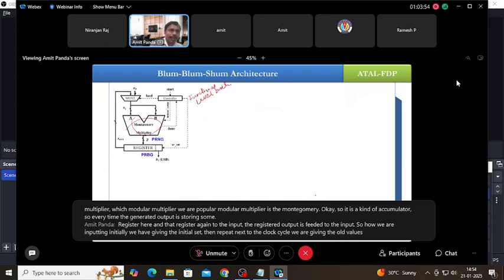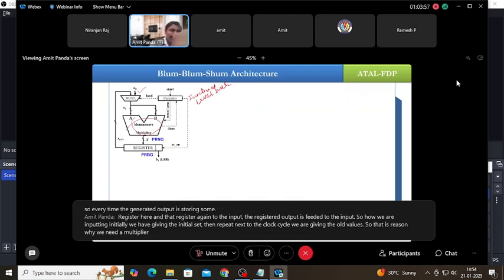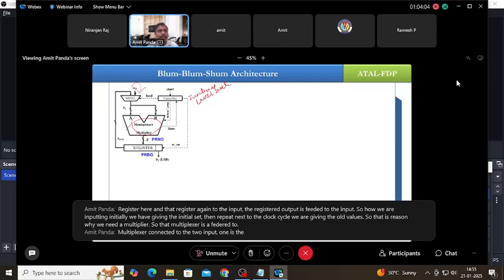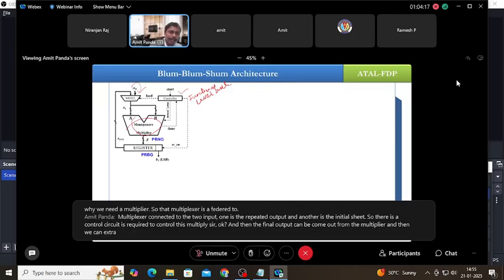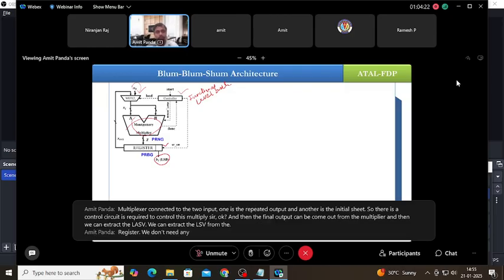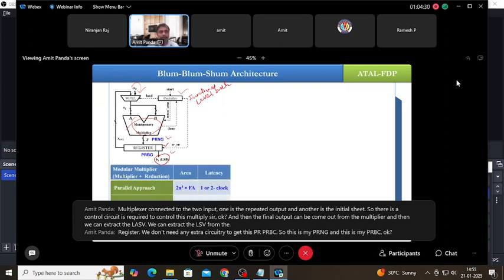That is the reason we need a multiplexer. The multiplexer is connected to two inputs: one is the repeated output and the other is the initial seed. A control circuit is required to control this multiplexer. Okay, and then the final output comes out from the multiplier, and we can extract the LSB from the register. We don't need any extra circuitry to get this PRBG. So this is my PRNG and this is my PRBG. Okay. So what is the complexity of the modular